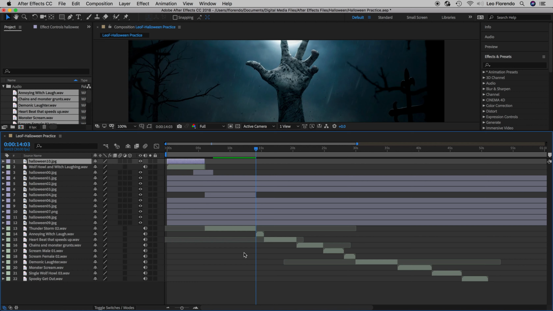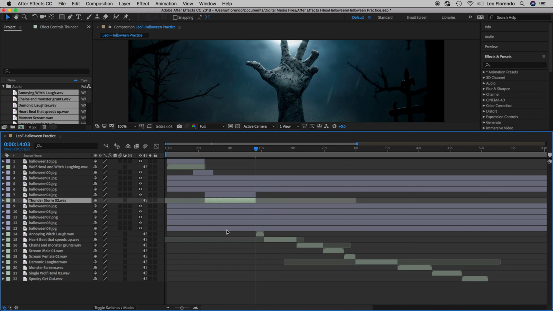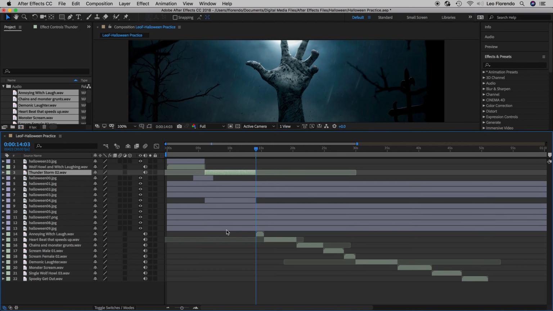Okay. Then the next layer should be the audio layer, the next audio layer, which would be this one. So for me, it's 13. So numeric 13 selects that. Now I'm going to just go command right square bracket to bring it up one layer at a time. Boom, boom, boom. And then the matching photo that goes with it should go above it. So that's layer 8 for me. Right? So command